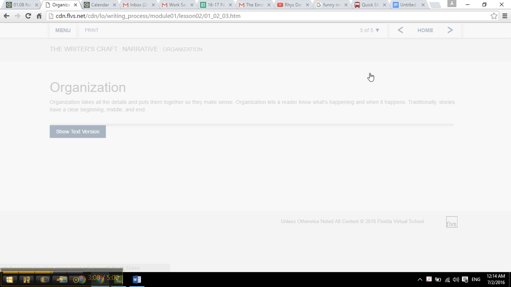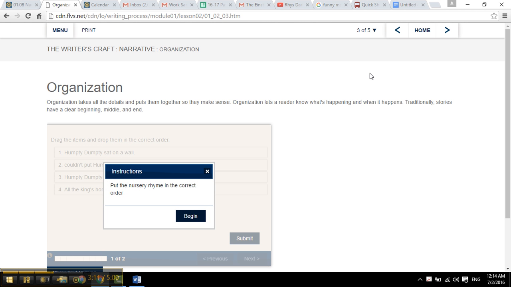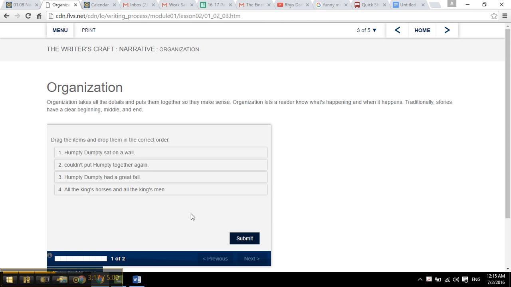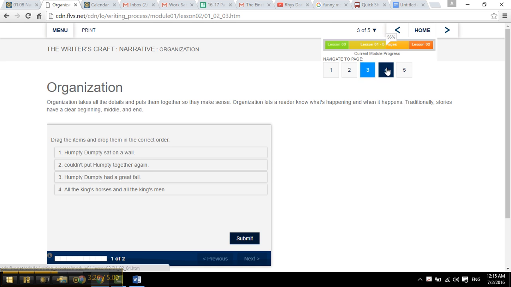Page 3, organization. It's going to talk about organization, and then you're going to do a similar activity here. You're going to put the nursery rhymes in the correct order. And there's 2 of them, so make sure you do the first one, then you click next after you submit it and do the second one. Then on page 4,